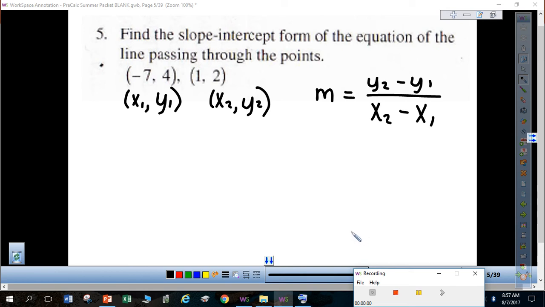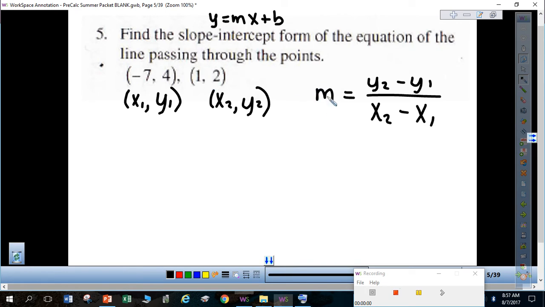Find the slope-intercept form of the equation of the line passing through these 2 points. First off, the slope-intercept form is the y equals mx plus b format, where m is the slope and b is the y-intercept. When we're just given 2 points, we need to start by figuring out our slope, which we'll call m,